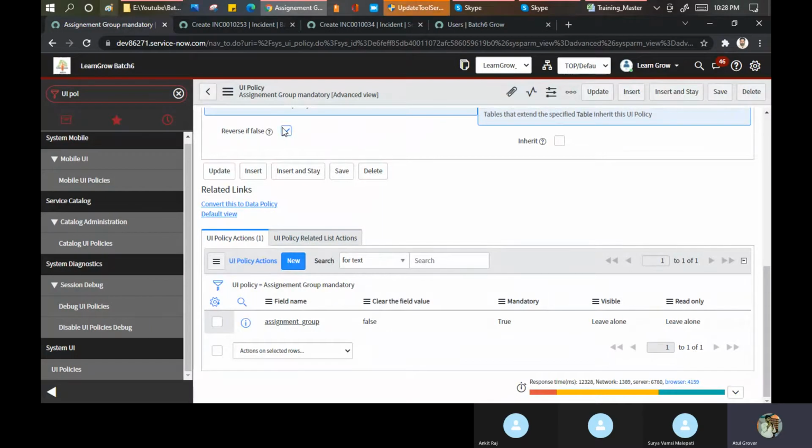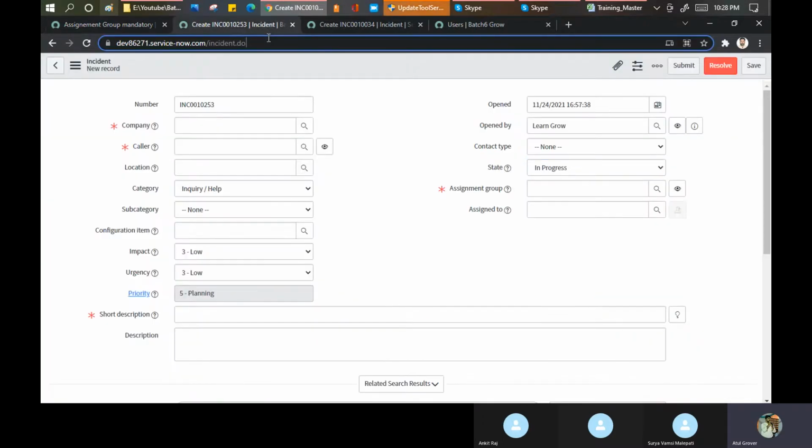I'll tell you what. Now what I will do, I'll make assignment group visible, and this you can try easily. Clear the field value. Let me put clear the field value as true. Don't be afraid of my color coding as true. Done. Now I'll go here.